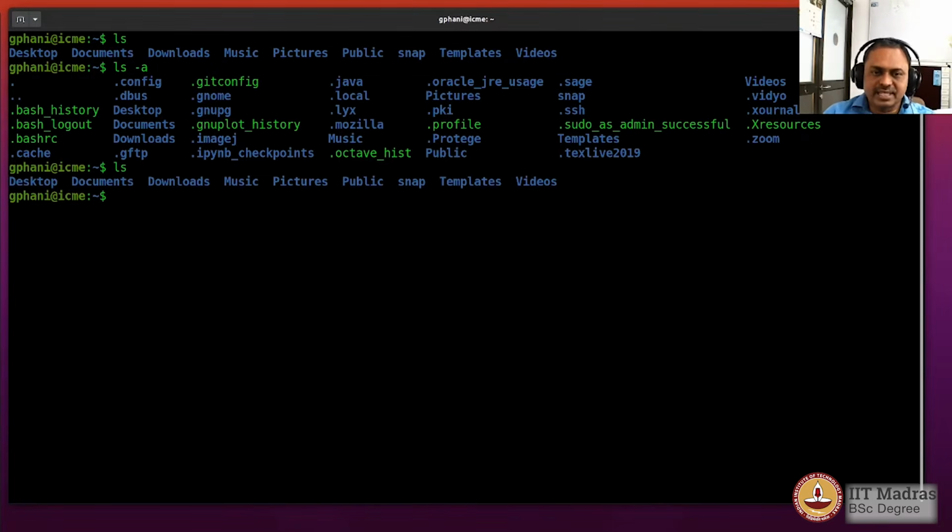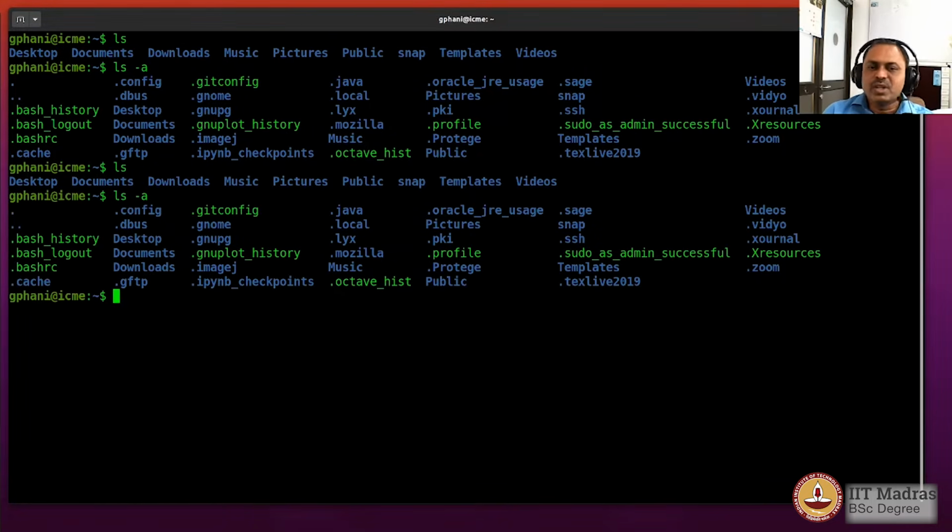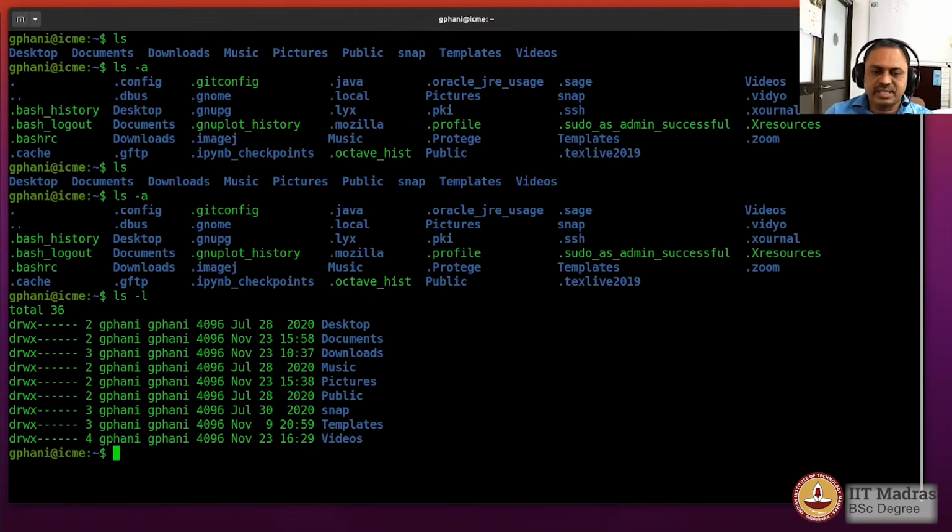So if you press ls, you would see the files that are used by the user in a routine manner, and if you give -a as an option, then ls would give you the hidden files also, which have a dot in the first position of the name. And if you press ls -l, the list of files is displayed in a different manner. This is called the long format, and we will discuss these fields in detail in a moment.